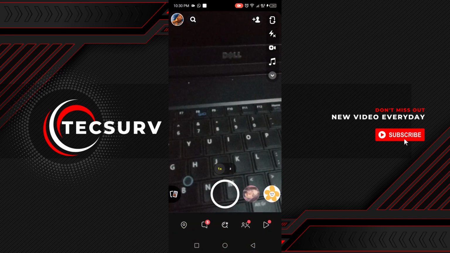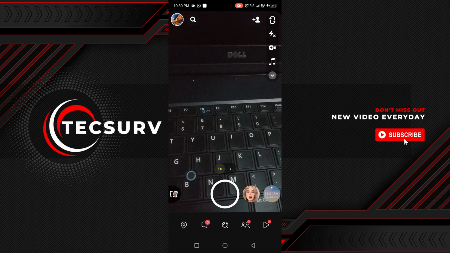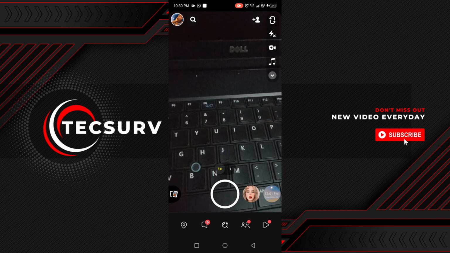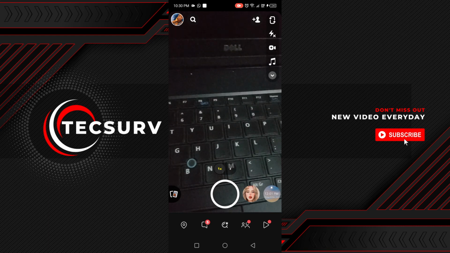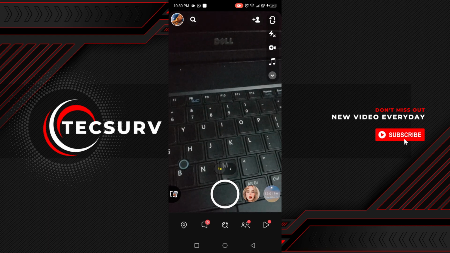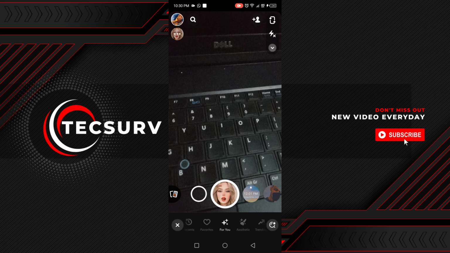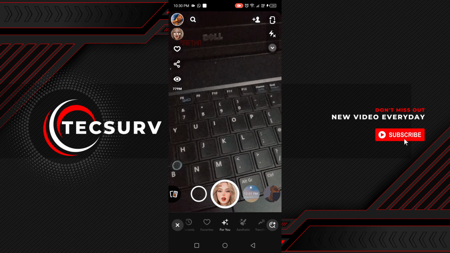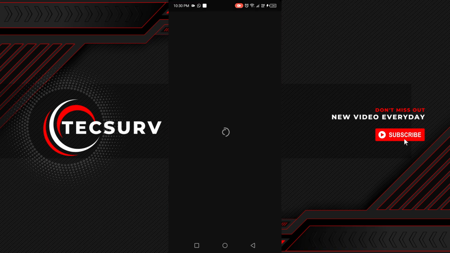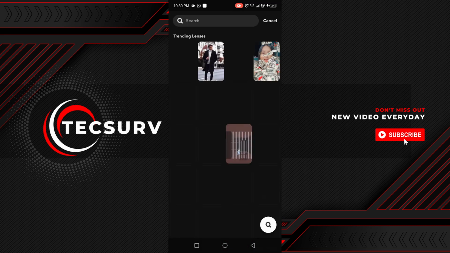So if I open up my Snapchat app, right in the camera screen there's no option for the 0.5 here, but this is what I can do. Alright, the first thing you want to do is to tap on the filter, and below you can see the explore icon. It looks like a magnifying glass, so just tap on it and this takes you to the explore page. In the explore page, tap on the search icon and search for deep